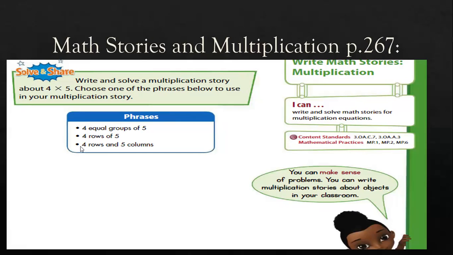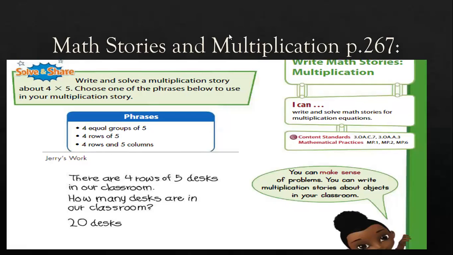So let's take this. There are 4 rows of 5 desks in our classroom. How many desks are in our classroom? So I used 4 rows of 5, and I took the 4 and the 5. The word problems in mathematics is about extracting numbers